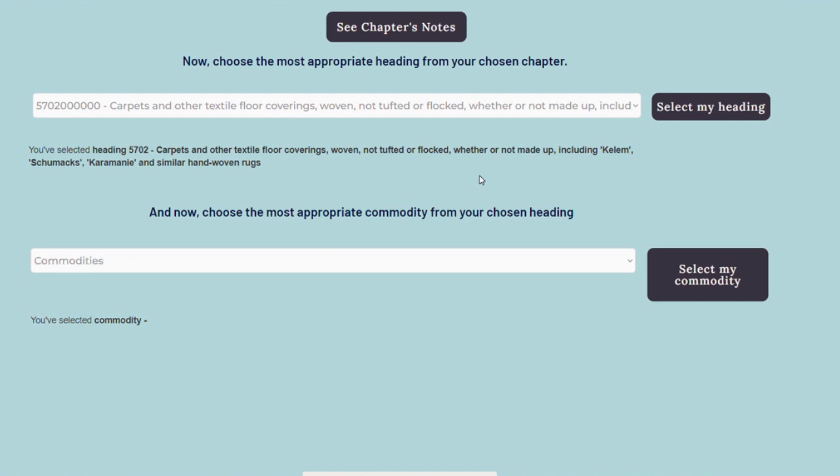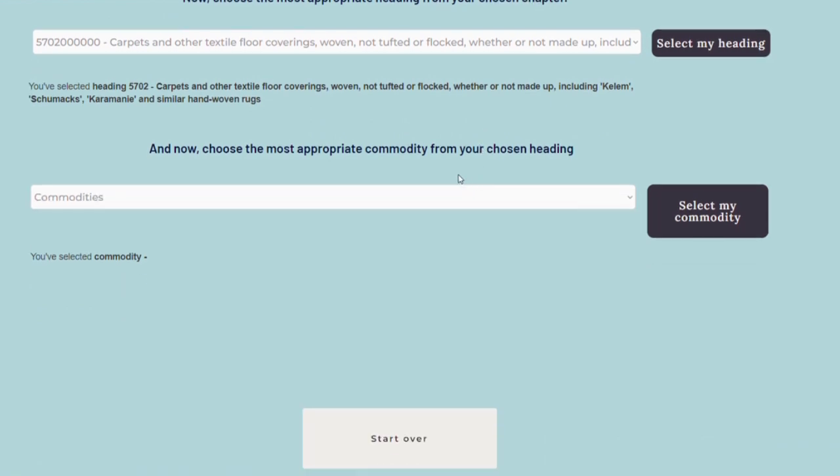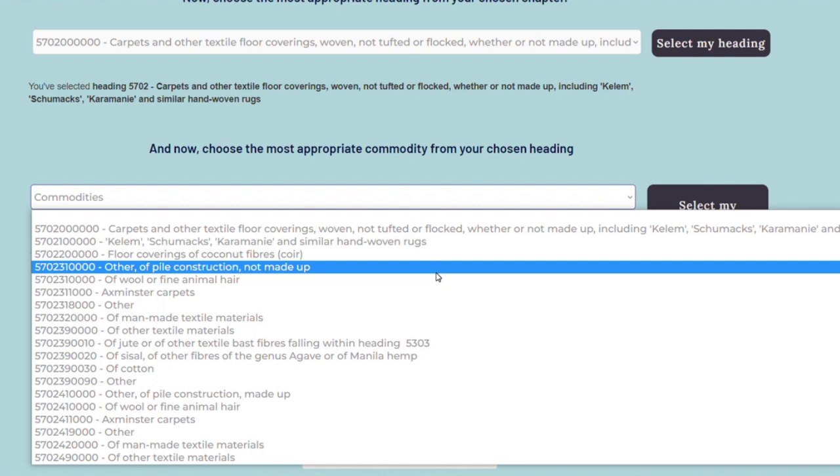And for the final part of the commodity code, Luke needs to choose a commodity from this drop-down that describes the goods he's exporting most closely. Let's see. That's quite a long list. So, we know that Carpets for You produces carpets that are made of wool with pile weave or pile construction or knotted weave, which is made up. In this case, made up means ready to use. So, Luke needs to choose the commodity that reflects all these characteristics.